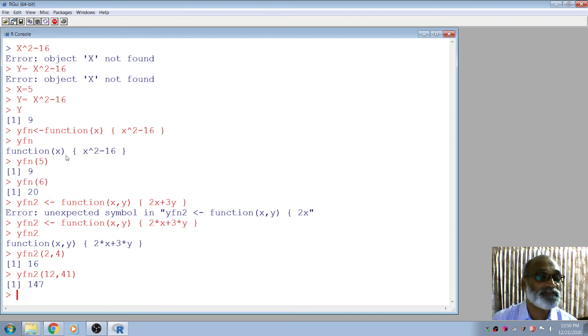So this is nothing but a user defined function. We are defining the functions. That's why it is a user defined function. Previously we have seen built-in functions. That means it is inbuilt in the software. The function is available inbuilt in the software. That's why it is an inbuilt function. This is a built-in function, and this is a user defined function. So there are two kinds of functions we can use in R. Thank you.